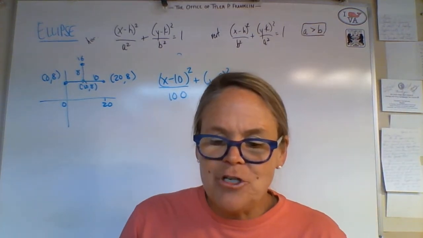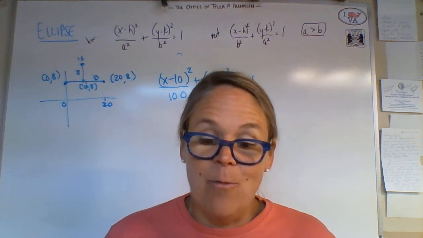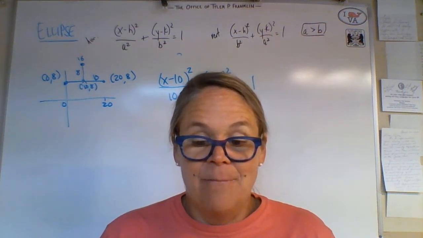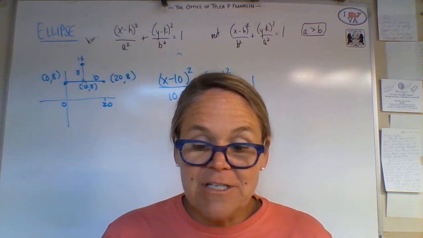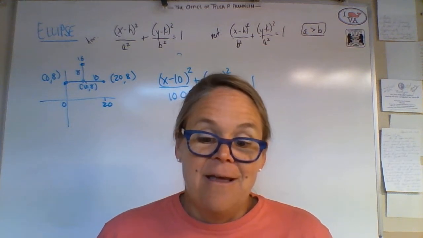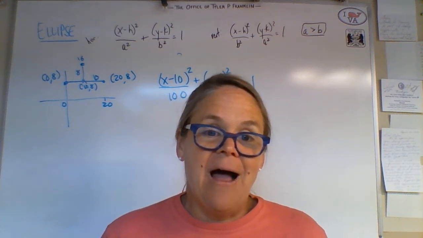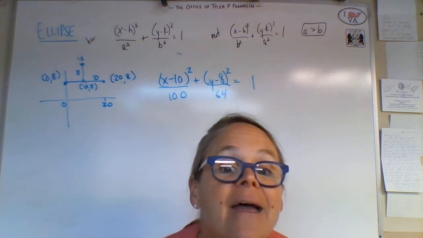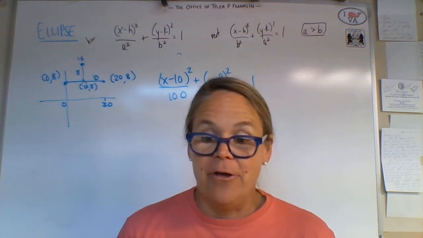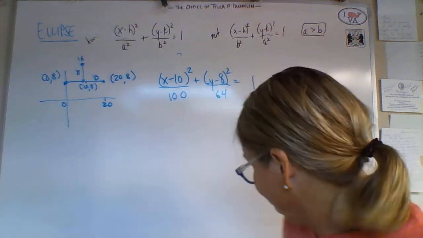Now, other people will just look at that and say, well, my co-vertices are both at 10. There's different ways to do it, but I sort of like the picture, and using the picture, that's what I would do. So then the second one,